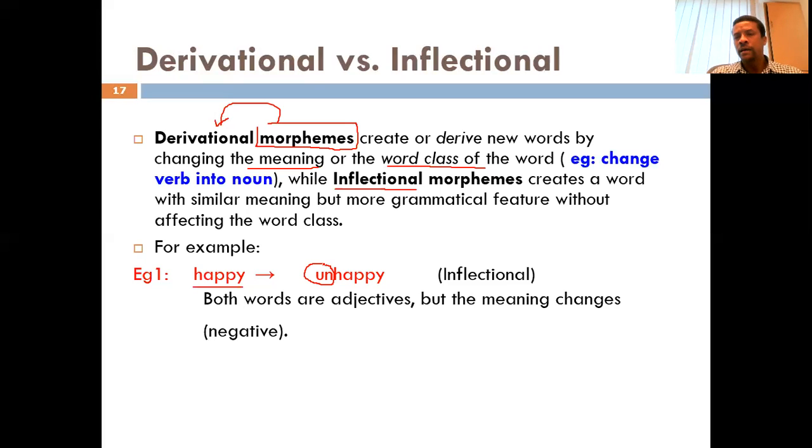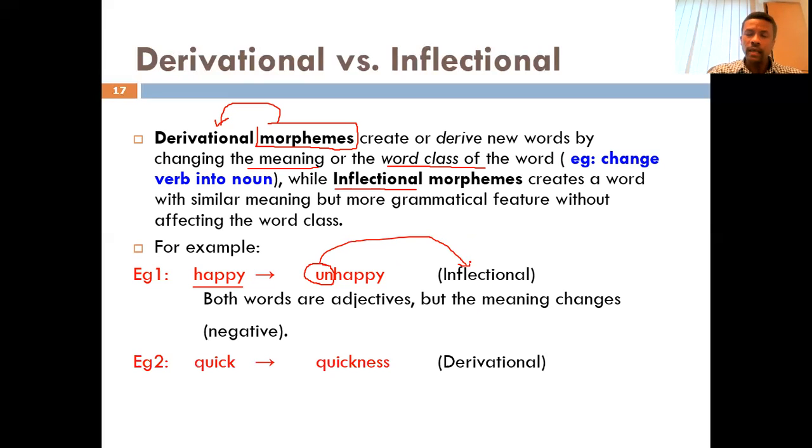Like you can say, a happy boy. You can also say unhappy boy. Still, the word happy or unhappy are trying to express the state of being for the noun, which is a boy in this case. So as you can see, the meaning has changed from positive to negative, but the part of speech is still an adjective. So we say un is an inflectional morpheme because it only affects the meaning, but not the